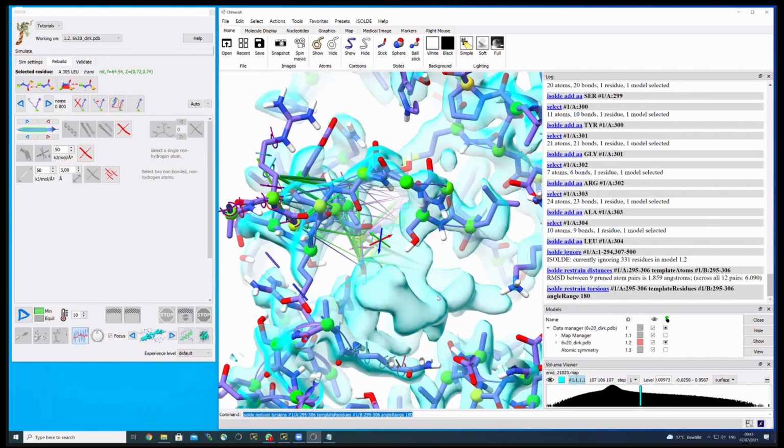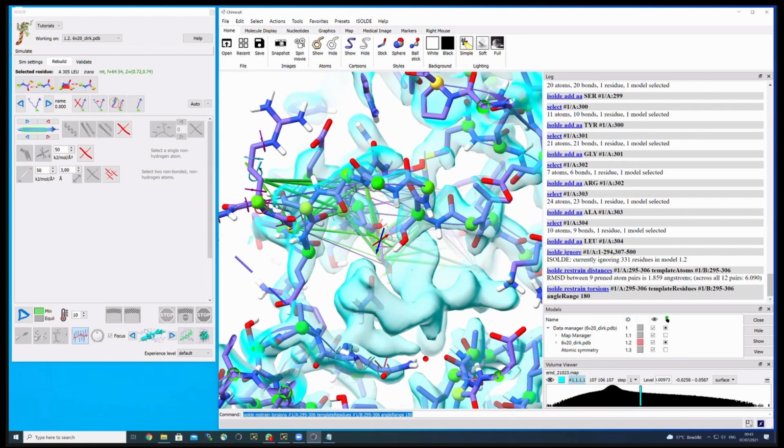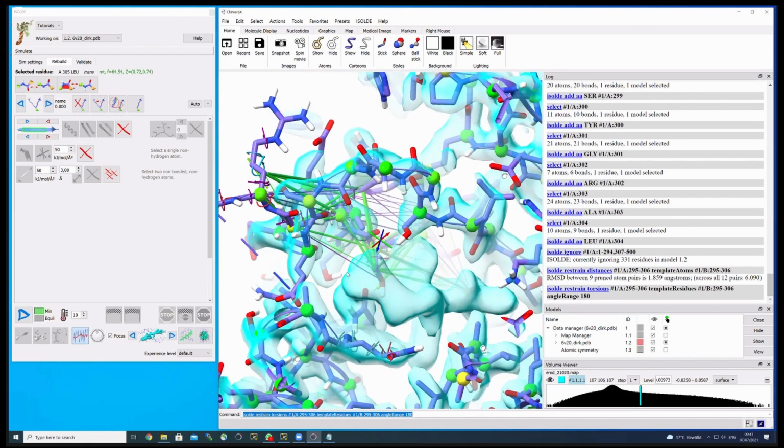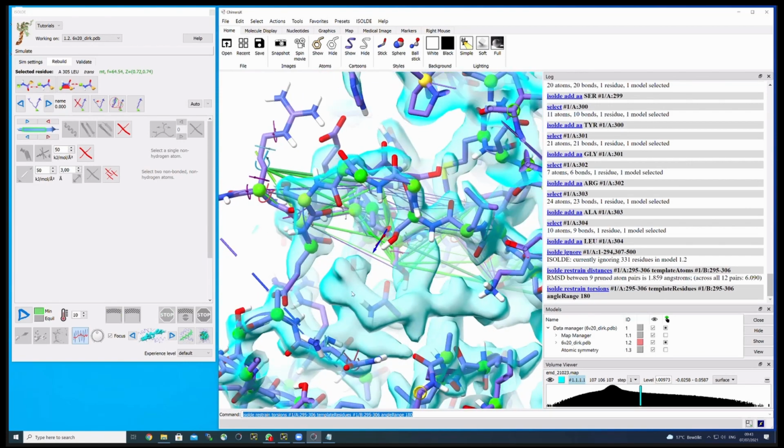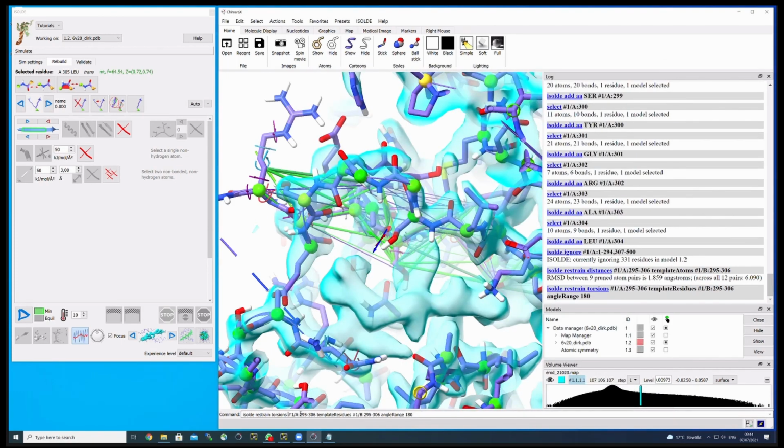So the way, I mean, sometimes this can be looking a bit different depending on how Isolde placed these new residues. In my case, now you see that the density where they belong is actually down here, and it has placed them up here, which is now nicely visible because you see the restraints being applied. So what I do next is I actually want to start a simulation of these residues. So I select the corresponding residues,